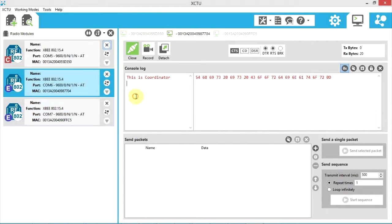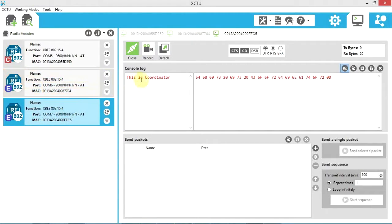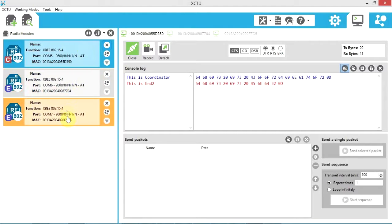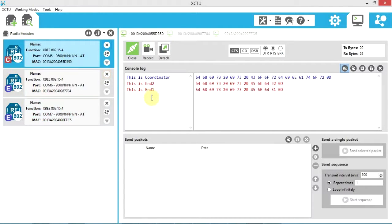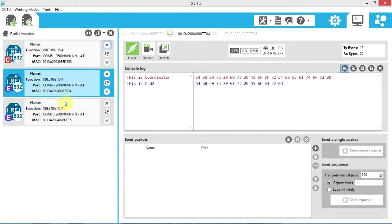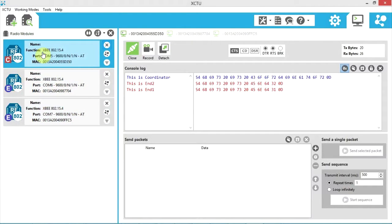So I'm going to say this is end 2. And notice when we go over to end 1 here, we don't see that message, but we do see that message up here at the coordinator. Now here, so we see that both of our endpoints can communicate now with the coordinator and when the coordinator talks to